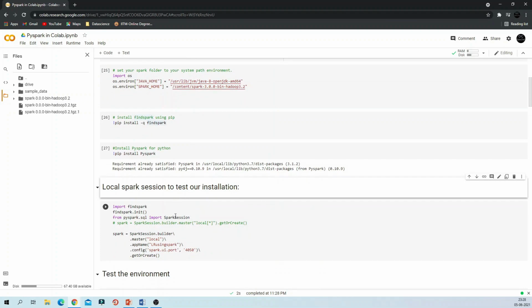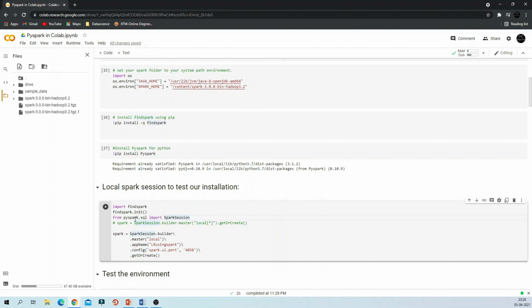Here what we are trying to do is create a Spark session. We imported findspark, and we have findspark.init, and then we say from pyspark.sql import SparkSession, and then SparkSession.builder.master equal to local.